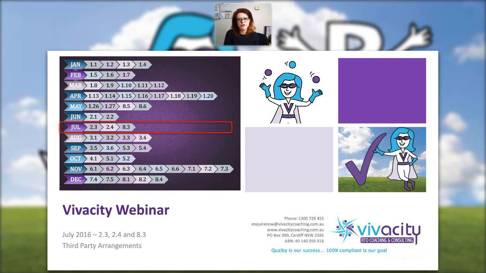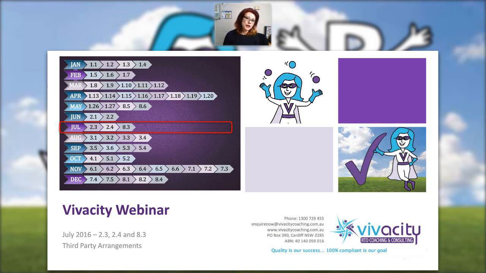One of the things that we strongly recommend for anybody who is an initial registration as an RTO is that you do not go to audit stating that you will have third parties in place. We recommend in your first year, get yourself up and going, and get your own systems and practices in place first before you take on any third parties. The reason is you need to get it right first before you start bringing in other people, and then they're off doing things that you don't know what they're doing and whether they're complying with the legislation or not. So as I stated, it can be very high risk when you bring on third parties into your RTO.